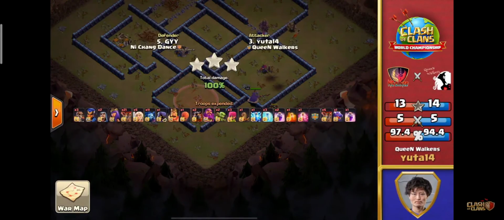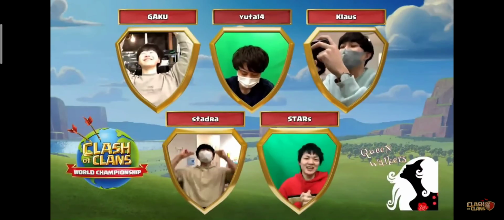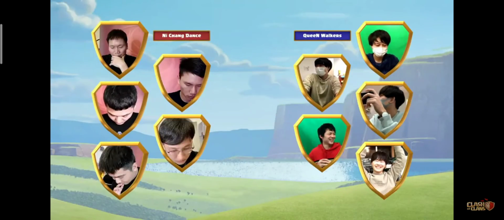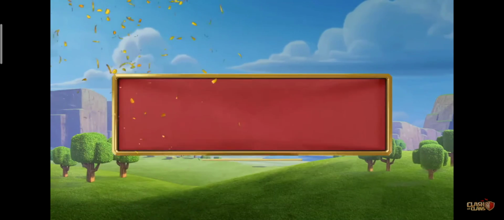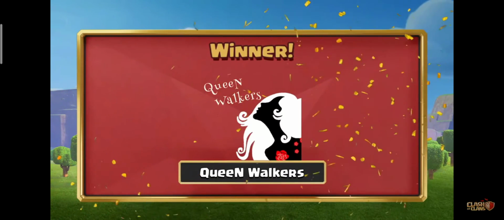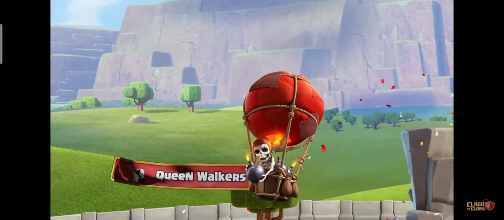An incredible ending to what an amazing war we just saw. Queen Walkers will be advancing into the winners bracket tomorrow, and Chang Dance by 1% will unfortunately be going into the lower bracket. They will compete again later today. They'll be competing against 11 Original in the lower bracket. But congratulations to Queen Walkers, our 4th winners bracket contender, leaving 4 clans